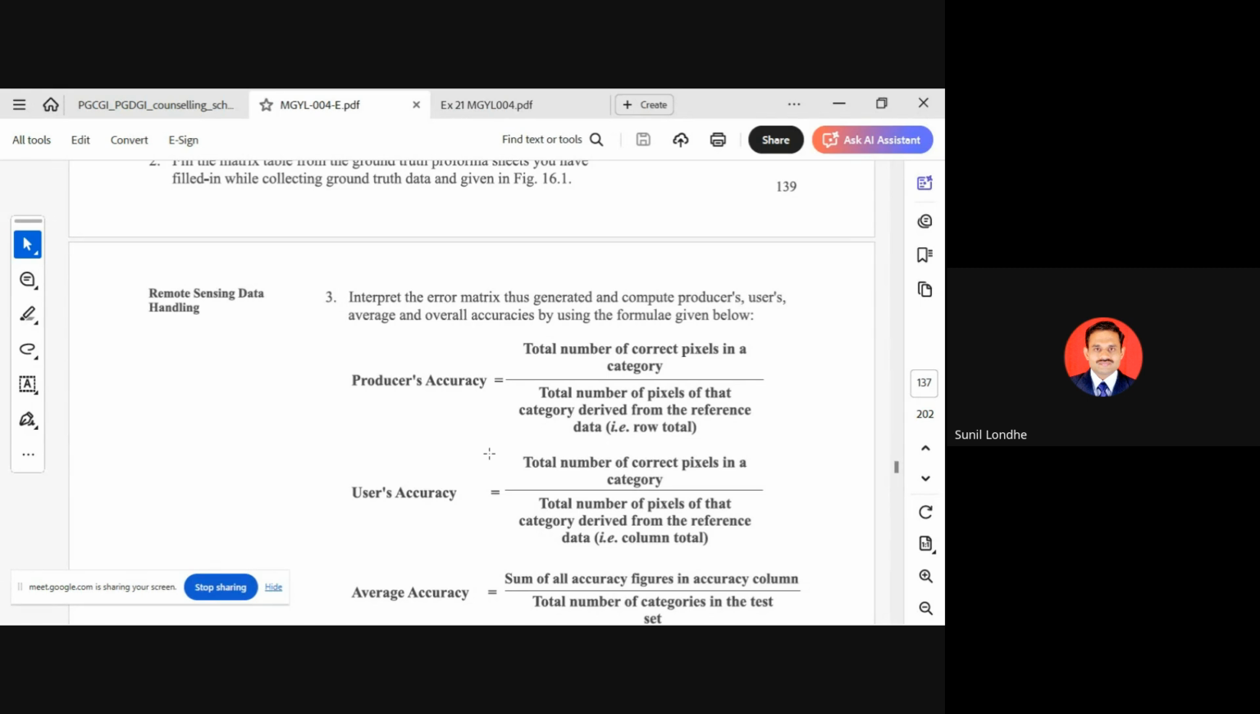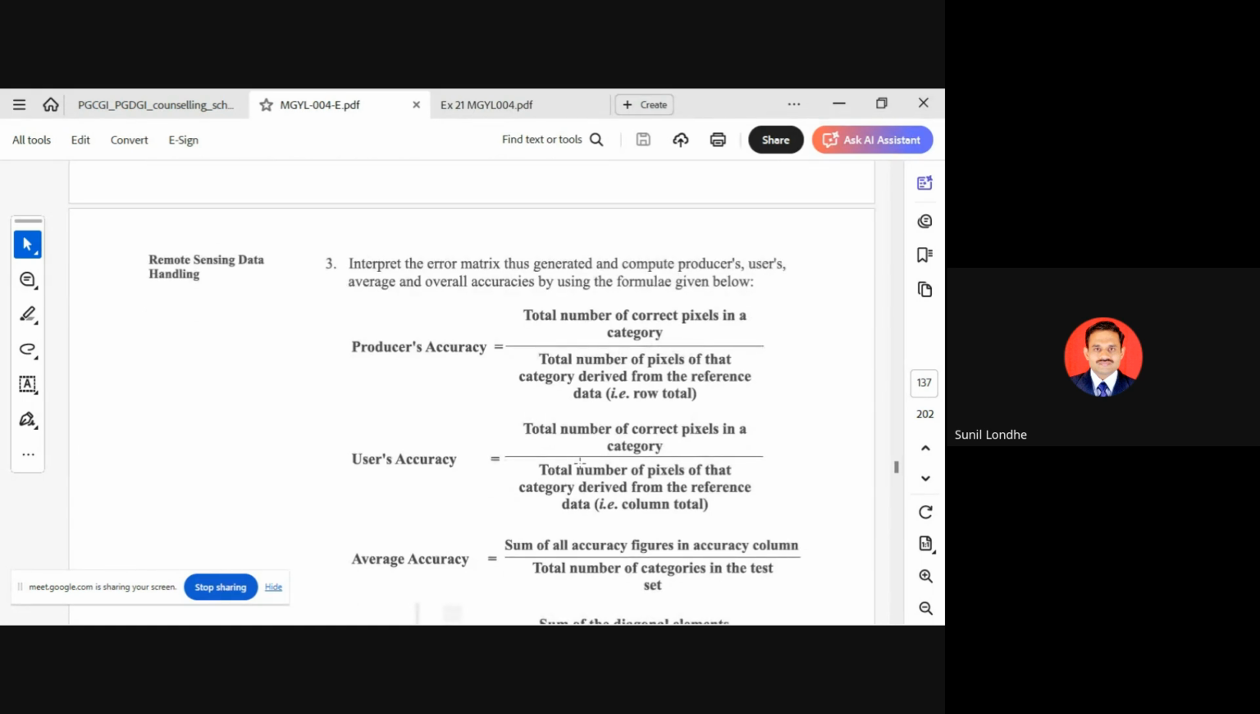In producer's accuracy, the polygons which you have mapped using the image. So you have to put the correct number of polygons instead of pixels. It is written pixel, but you consider it a polygon of that category derived from the reference number. That is your row total. You have the row total, so you will put it below here. Similarly, for user's accuracy, total number of